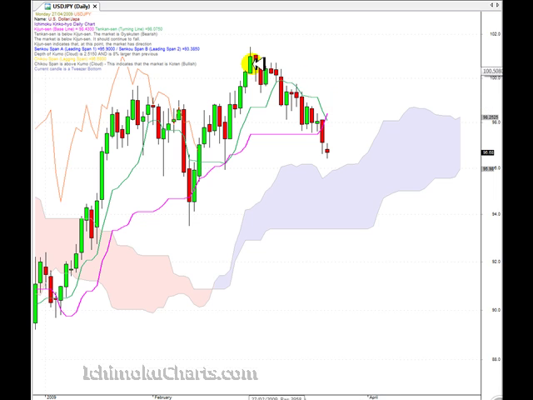Now, interestingly, as this market sold off in a fairly strong downtrend, we can see that the pink line, the Kijun-sen, tried to hold as an area of support. Now, we know that when this line turns flat, it tends to attract price action, and it acts like a rubber band. The market moves like a rubber band around both of these lines,